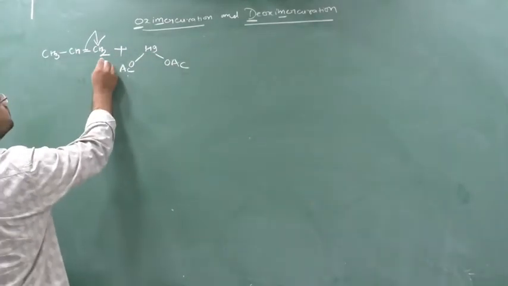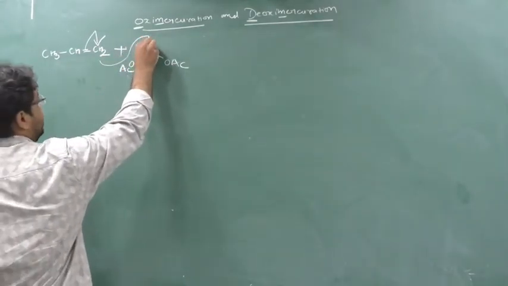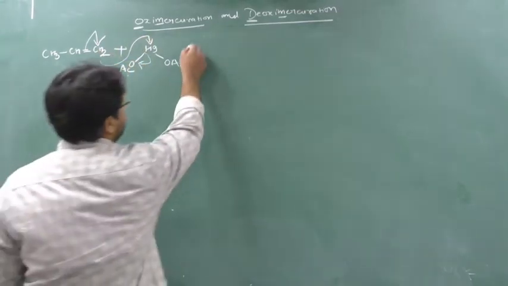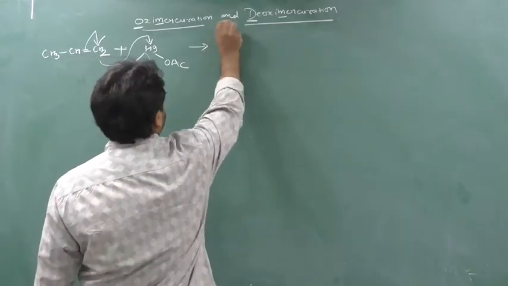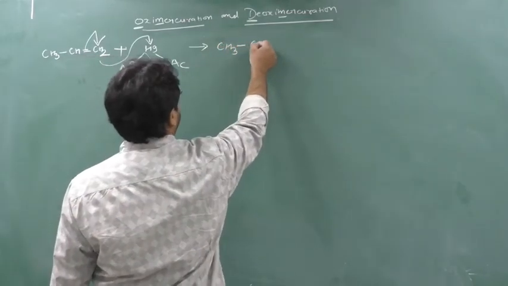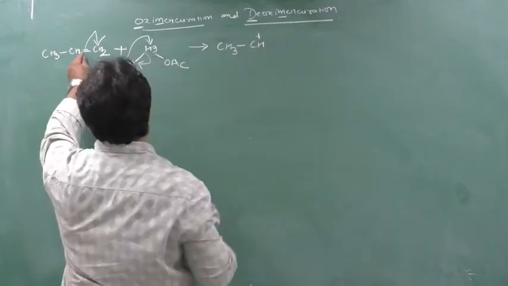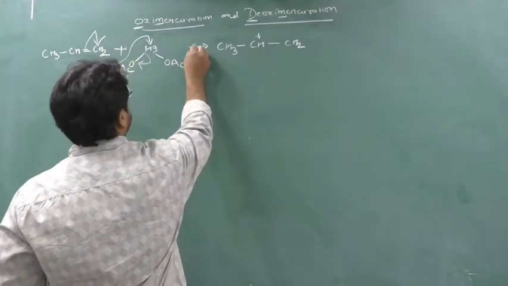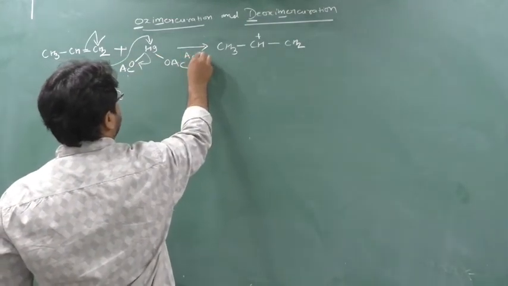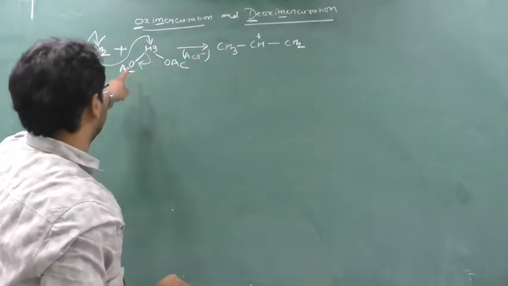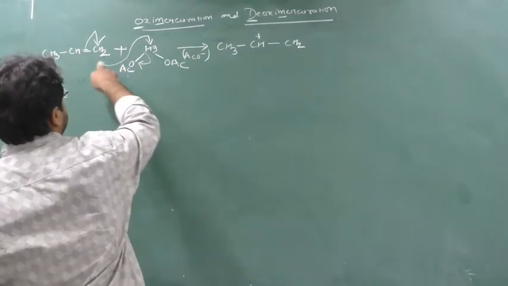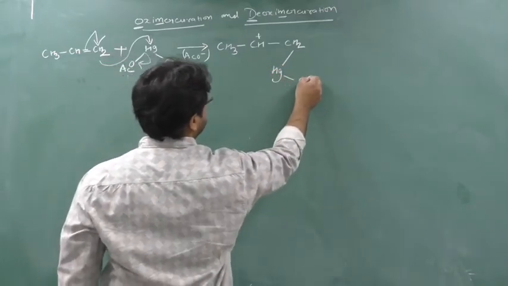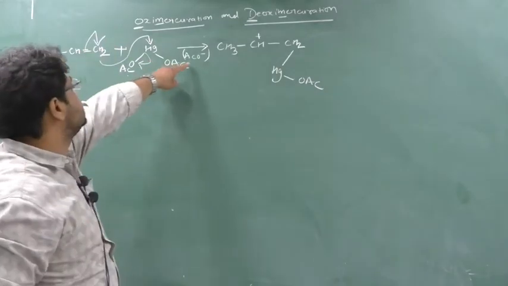So this CH2 will react with this Hg. Hg is making a new bond with this CH2, so it has to break the old bond. So what will I get? I will get here, see this. First I will get CH3, here I will get CH, showing a bit of positive charge because it is giving the electron. Here there is a CH2, this CH2 will react with this Hg, and first OAc minus will be removed. Who is removing this OAc minus? This Hg only is removing OAc minus, and this CH2 is reacting with this Hg. Yes or no? Hg contains what? 1 OAc. 1 OAc has been removed as OAc minus.